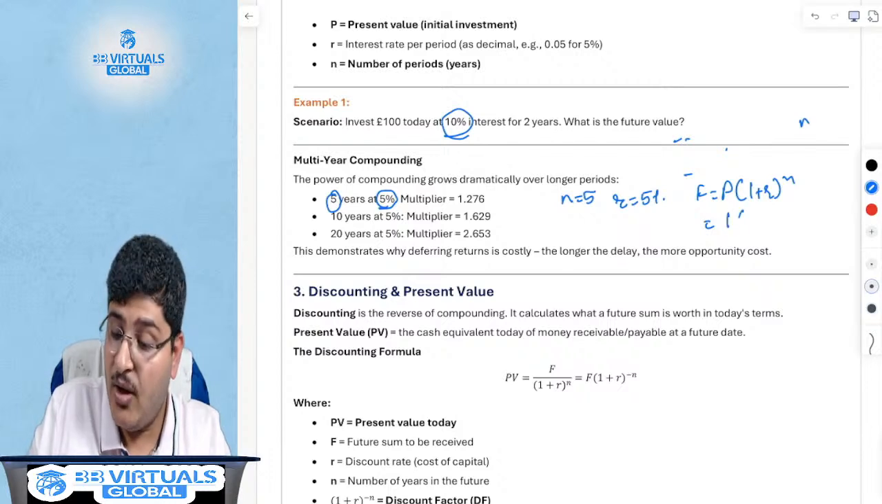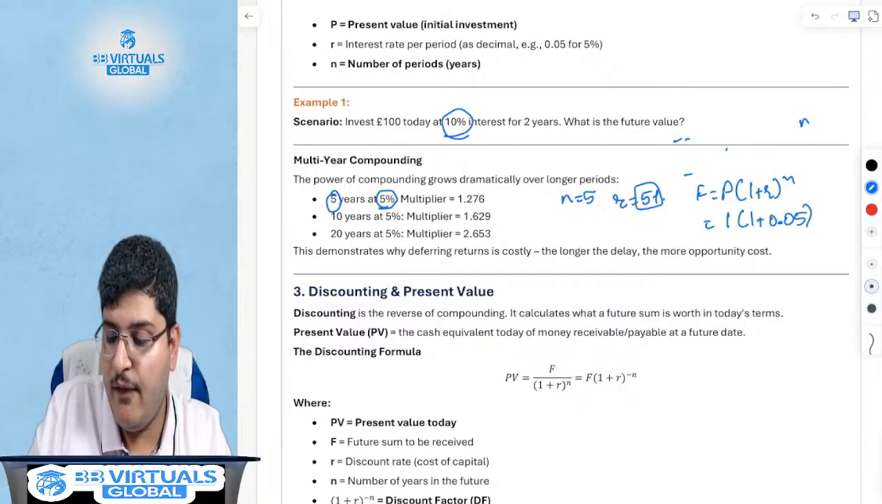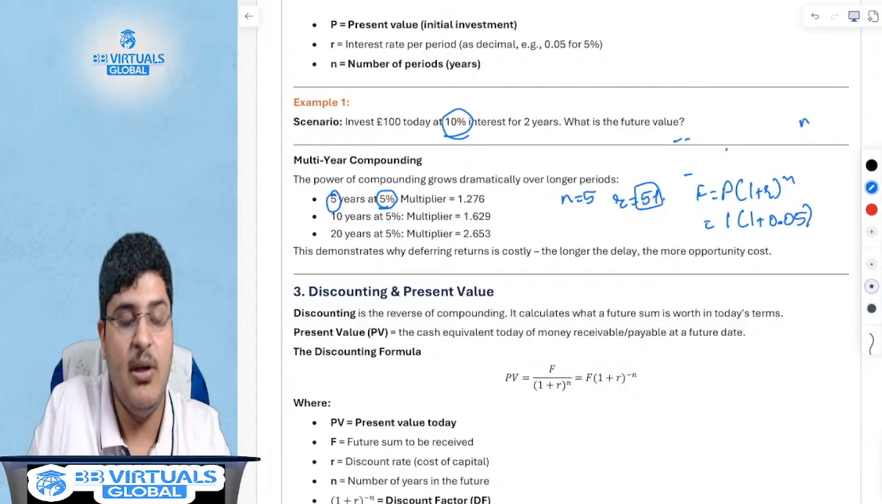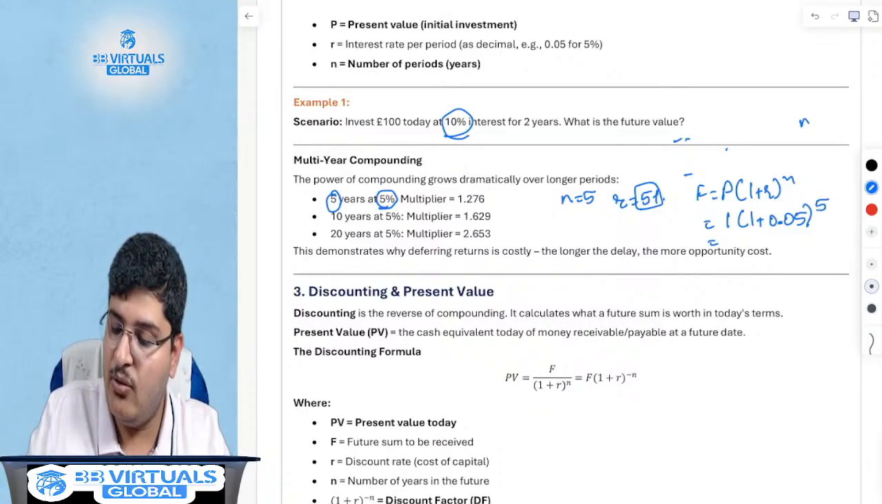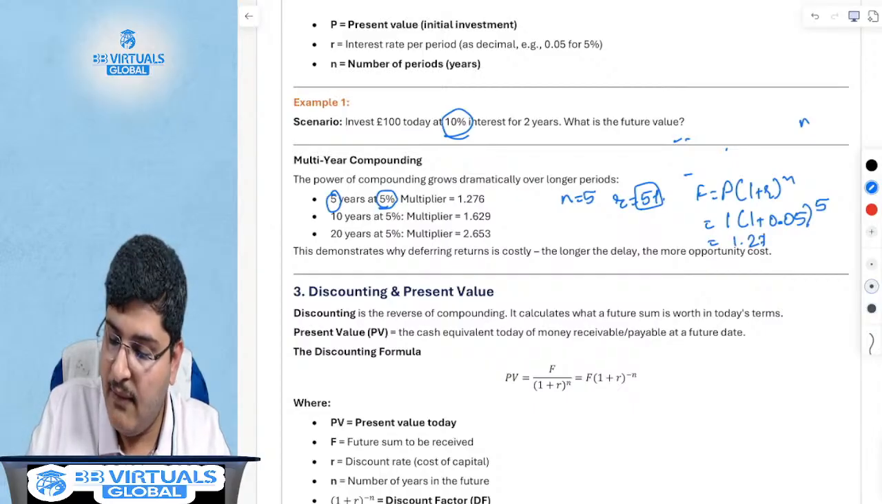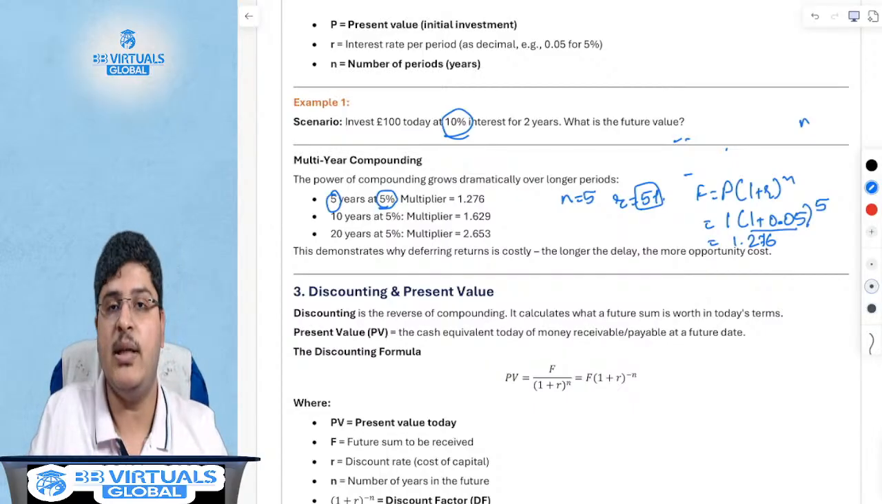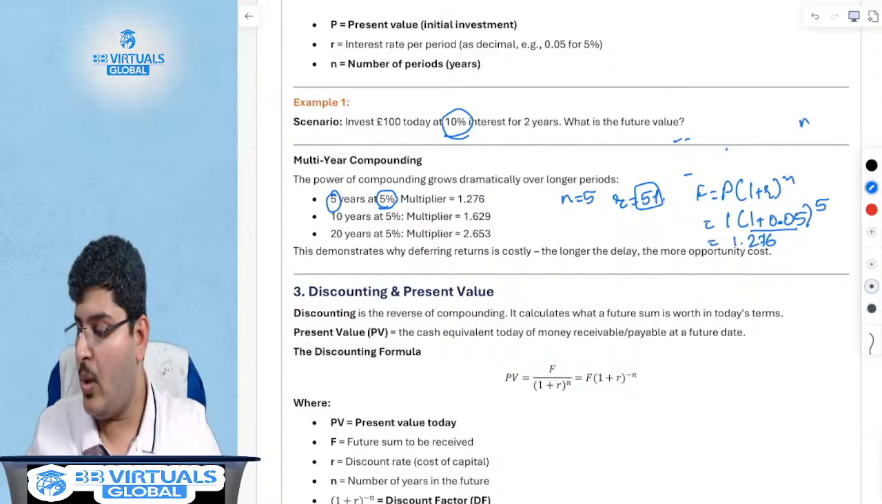1 rupee. What is the interest rate? R is 0.05. And what is the time period N? It is 5 years. So what is the future value? The future value is 1.276. If you do this using a calculator, which is 1 plus